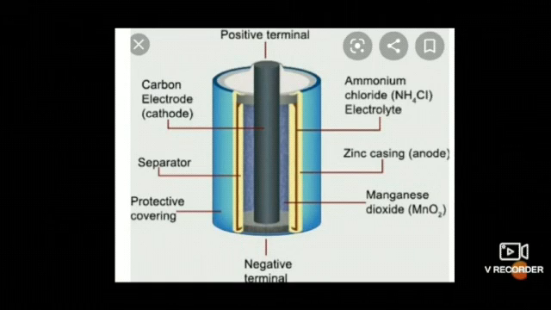The electrolyte is a wet paste of zinc chloride ZnCl2 and ammonium chloride NH4Cl. There is a graphite rod at the center of the cell. This is the positive terminal of the cell. A paste of manganese dioxide MnO2 is filled outside the rod. Because of the chemical reaction of all these chemicals, electrical charge is produced on the two terminals and an electric current flows in the circuit. Dry cells are very convenient to use as these can be held in any direction with respect to ground and can be used in mobile instruments.